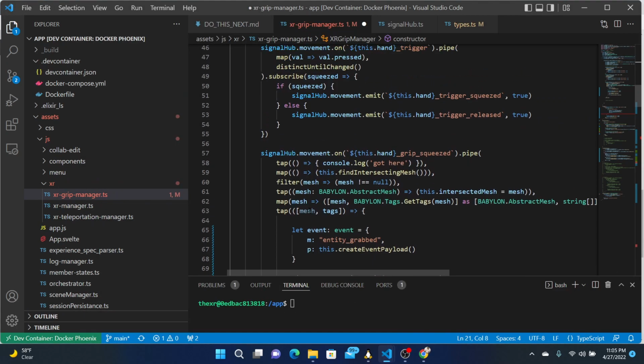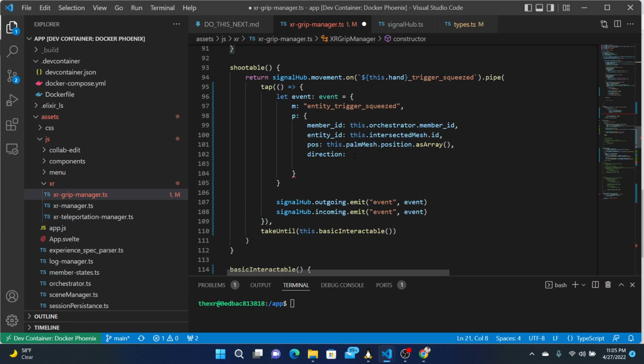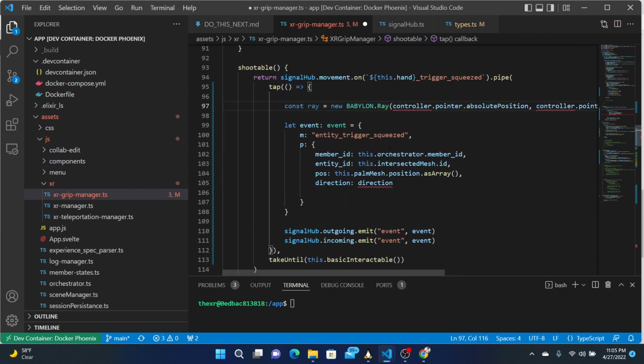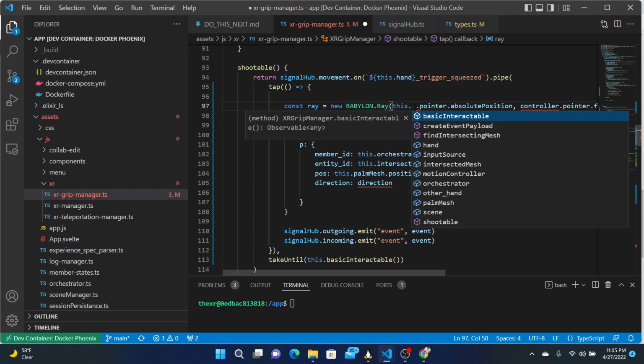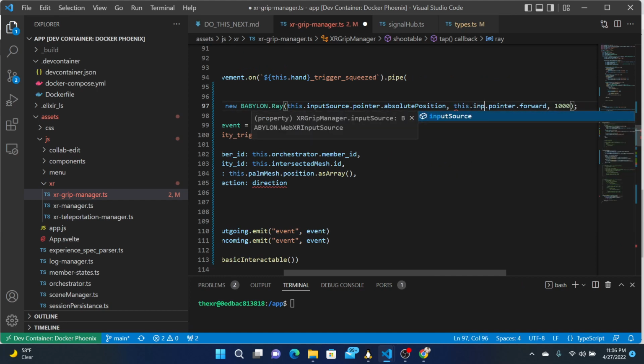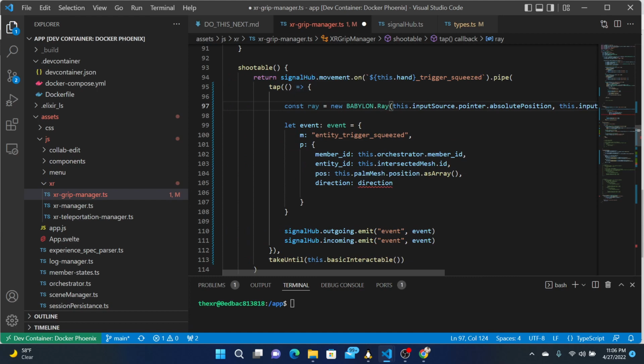Doing some research. Let's see, where was I? We want to shoot it in a direction. So what is the direction? I think that is equal to, we need array, and this input source pointer, input source pointer forward in direction. Even 10 meters in front of you is a direction. So that should give us a direction